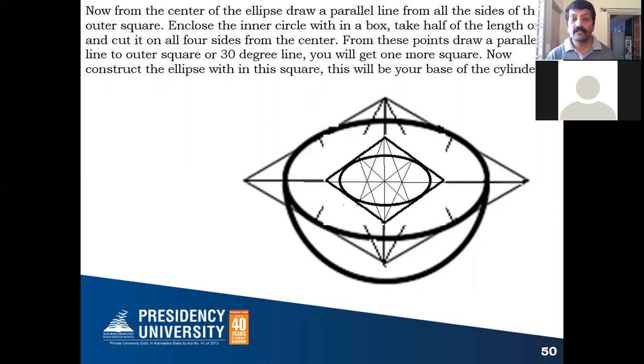Now, from this center, you have also enclosed the inner circle within a box, right? You take that box dimension, it's a square box, correct? Half of that you take, convert that to isometric scale, and cut on all four sides of the 30-degree line. So I'll repeat it: you take half the size of the box in which you enclosed the inner circle, that is the cylinder circle, convert that into isometric scale, and then cut it on all